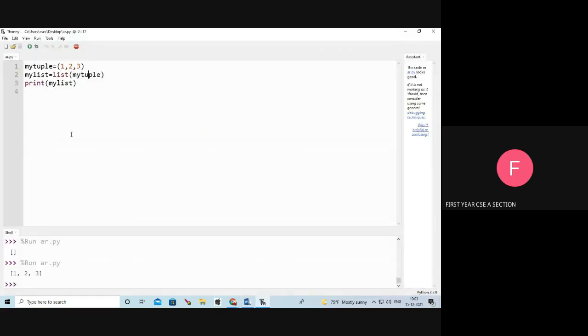Next, I am going to convert the string into a list. Here, my list equal to list function. The list function is used to convert the, for example, I am giving hello. My string is hello. My list equal to list of my string. See, each element in the string is converted into a list element. So see the output. H is one item, E, L, L, O. So the string is converted into a list.